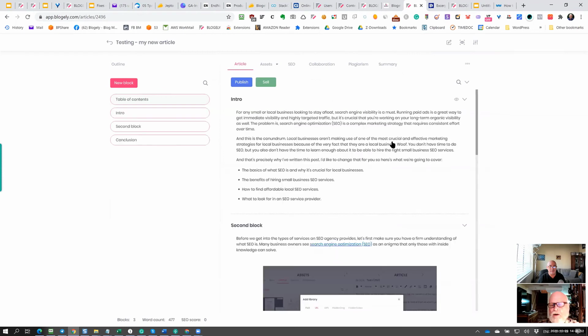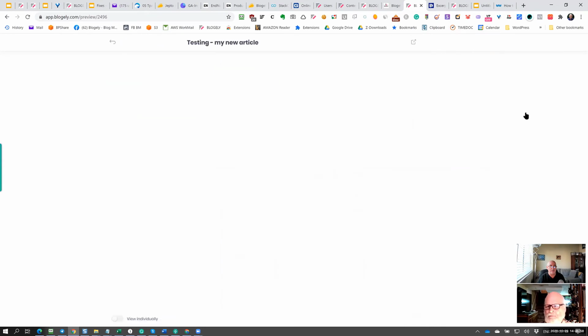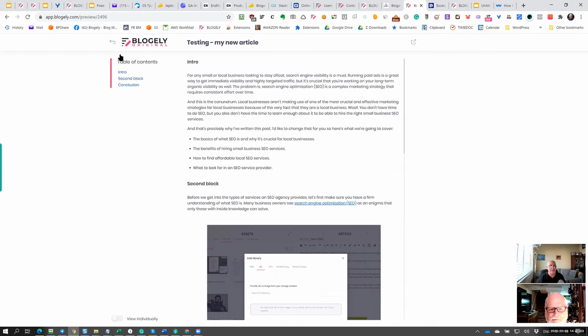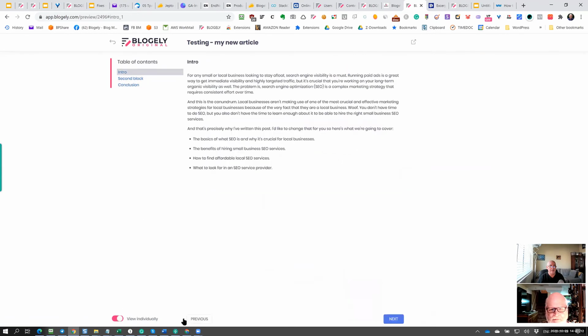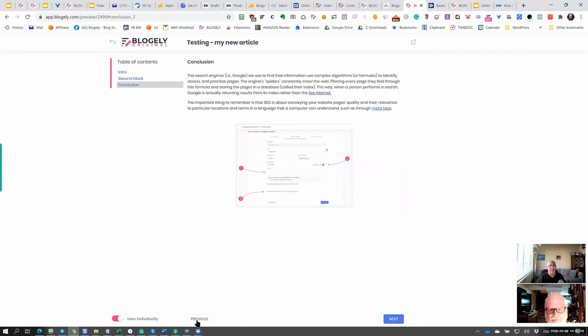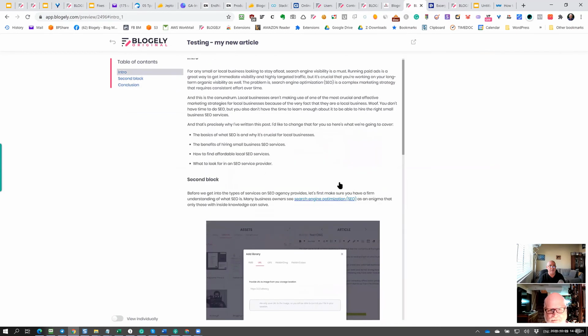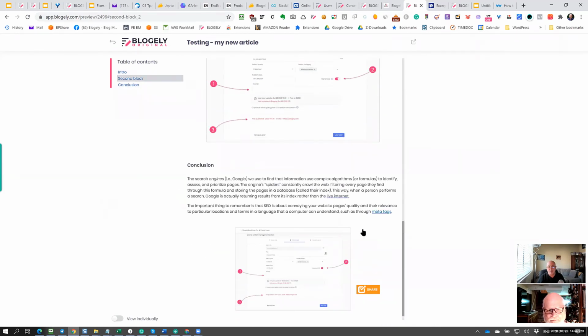Now let's go. What is it going to look like? If I'm ready here, I want to take a peek at what it looks like. Yeah, let's preview how it's going to look. When I click on preview, it generates the preview, and now you can see since I've got three blocks, I have a table of contents, and actually I can move it like this by clicking. Also here I can view it individually, and if I go to previous and next, I can view it one by one if needed. So this is the preview, and this is how the article looks. It's pretty cool, right, Tom?